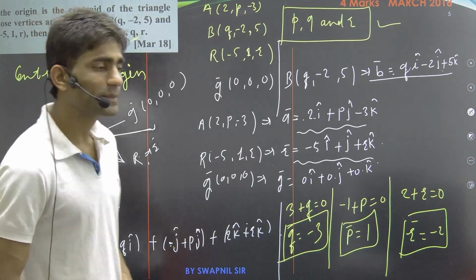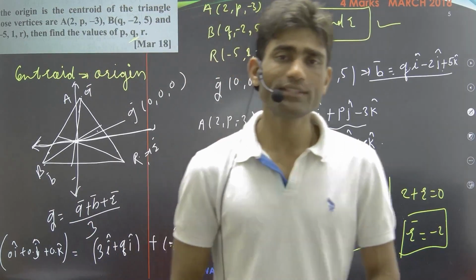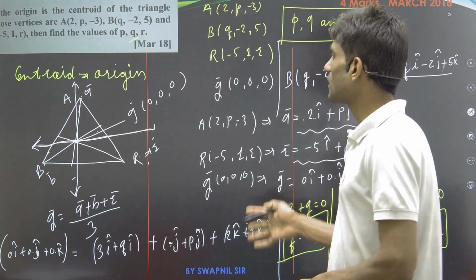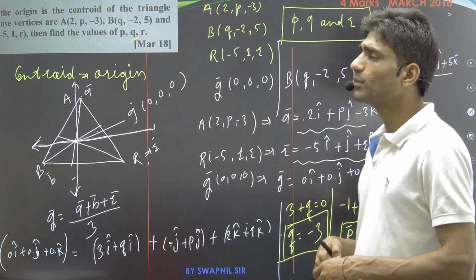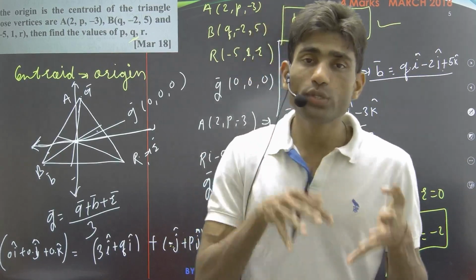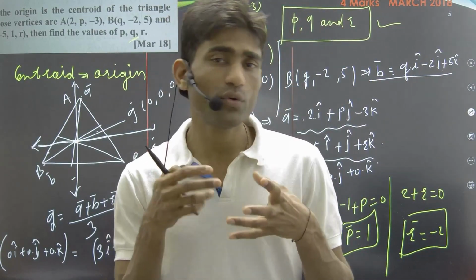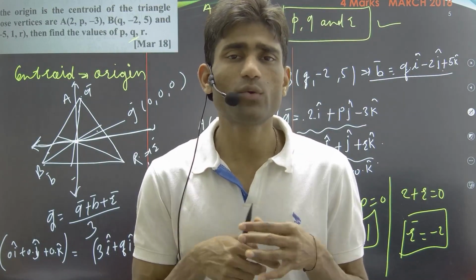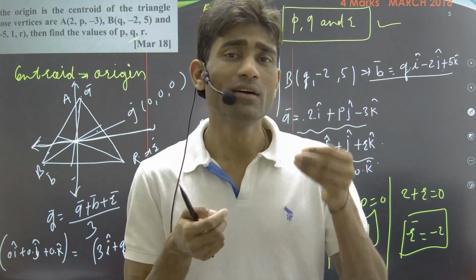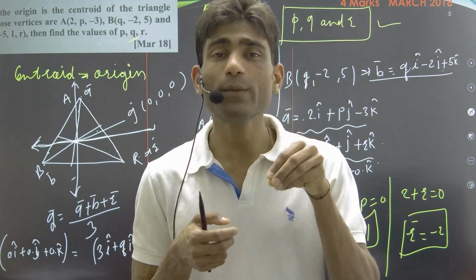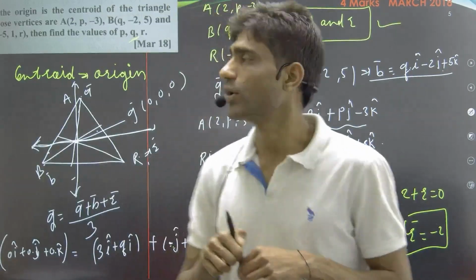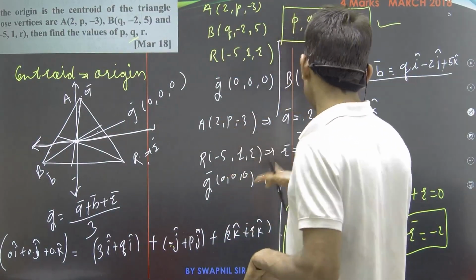Okay, so I'm expecting that you all have understood the solution for this example. Nothing is difficult here. Just apply some of the basic concepts from the centroid of the triangle. For that you need to know how we define the centroid at the origin. You need to understand how we can plot any point at the origin using our centroid formula. So I'm expecting you all have understood the solution.